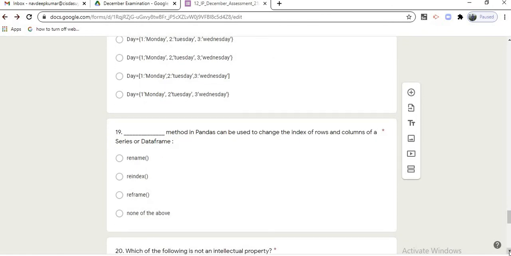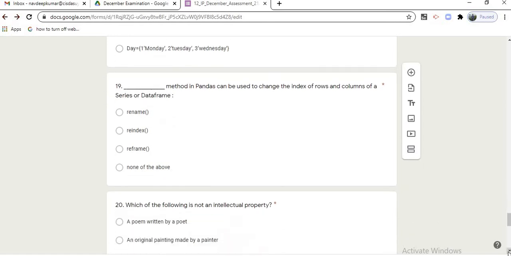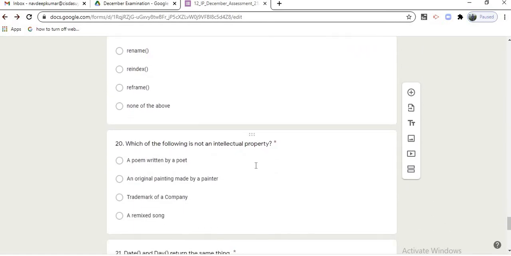Now we go to the question: which method in pandas can be used to change the index of rows and columns of a series or data frame? For that, the method is the rename method. Which of the following is not an intellectual property?